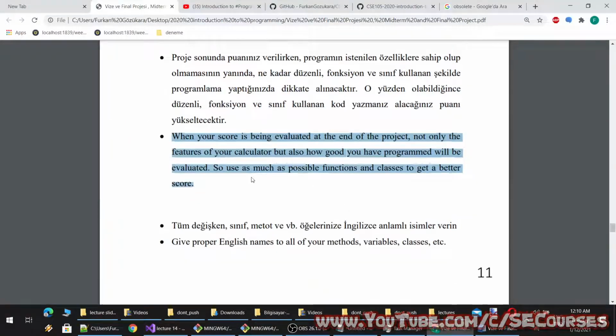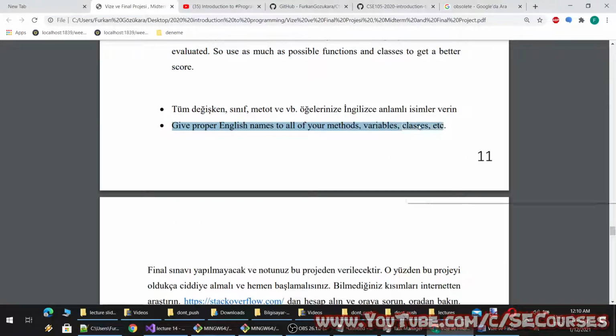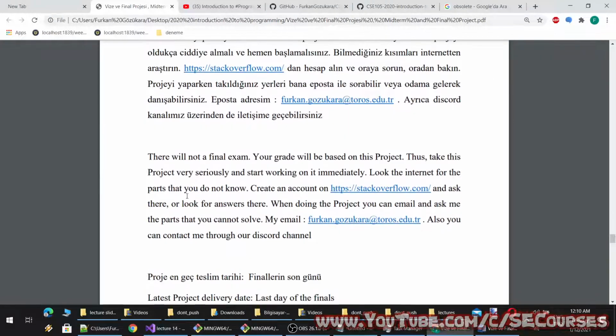Okay, let's continue. Give proper English names to all of your methods, variables, classes, etc. Please use English names. Do not use Turkish names. Okay. This is important.